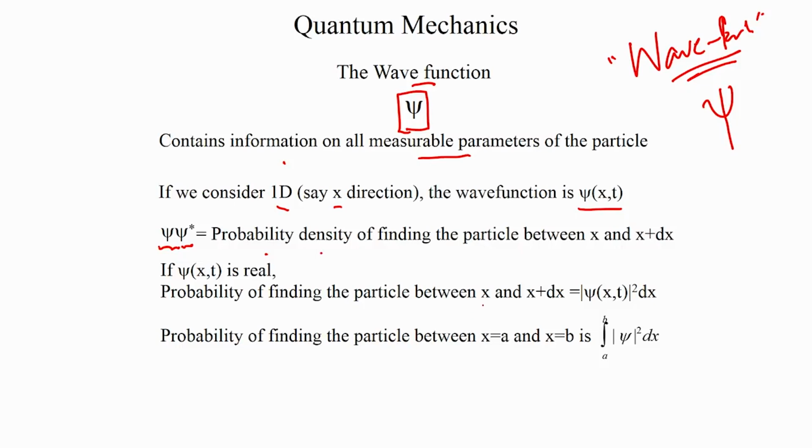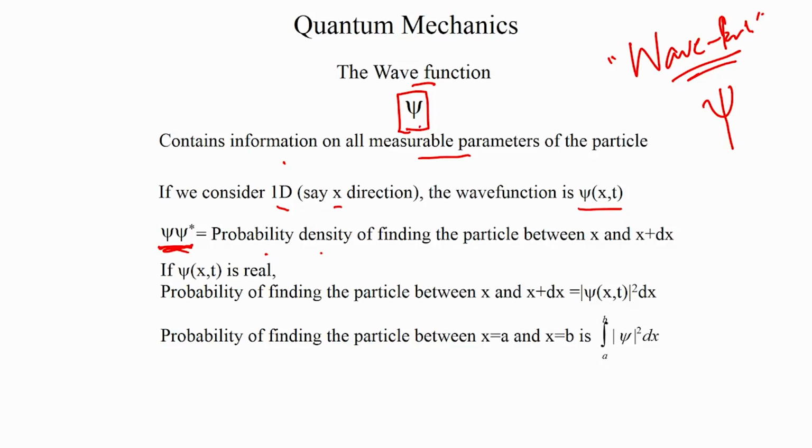So it's related to the expectation of a particle existing between two regions. And that's a very strong point, which means if I know the wave function, I can get an estimate